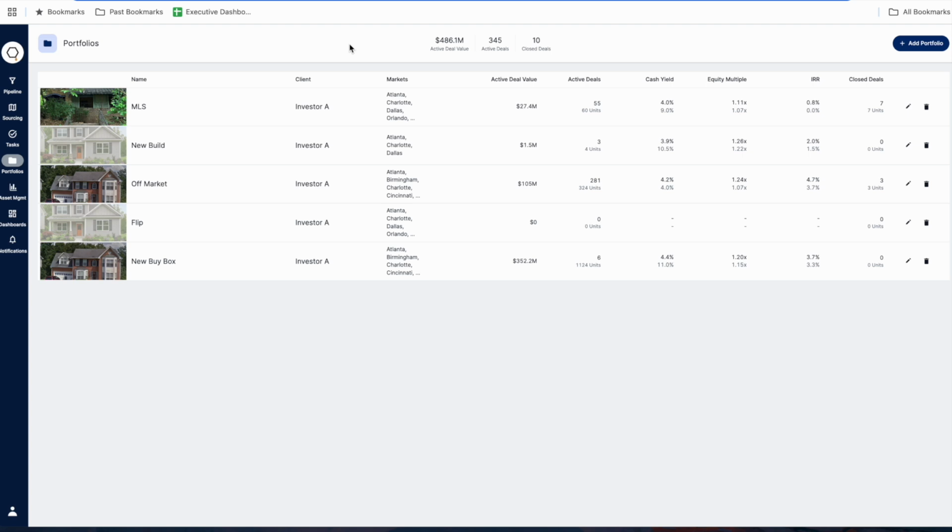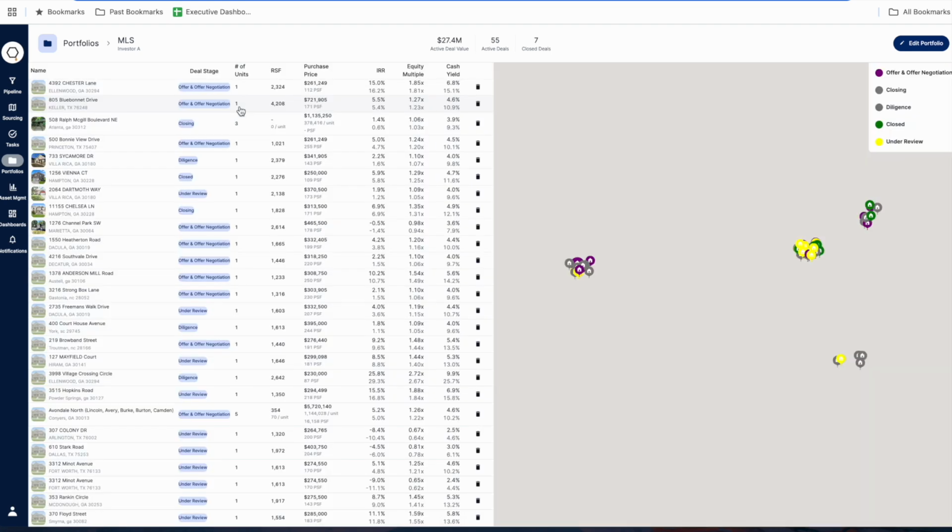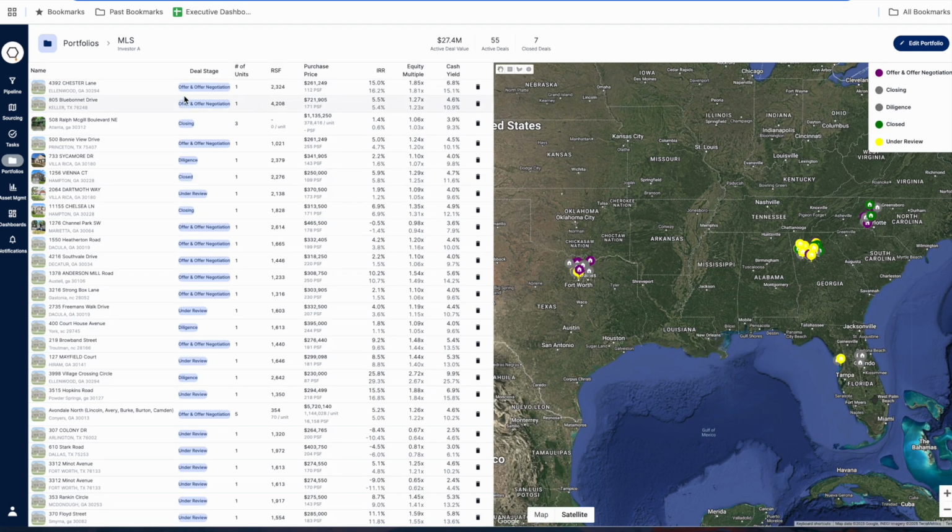Welcome to the Portfolios section. Here you can see all your portfolios or buy boxes that you've set, all the deals in each portfolio, the deal stage they are in, and the projected returns. The most important area in this section is to set your default buy box assumptions for each buy box you